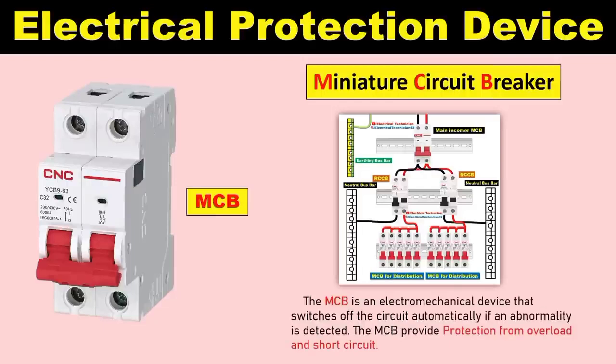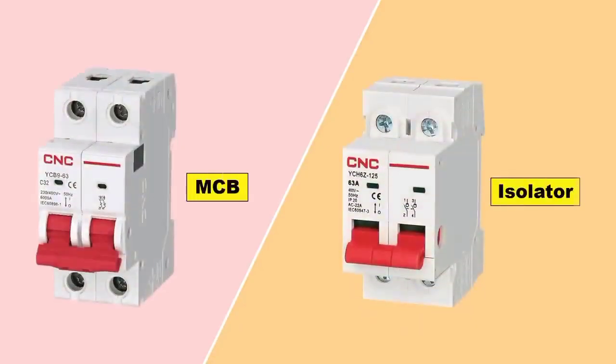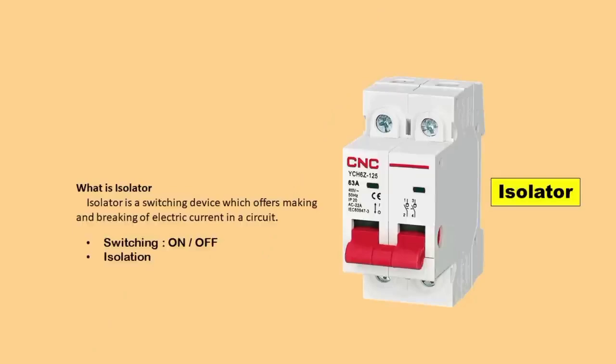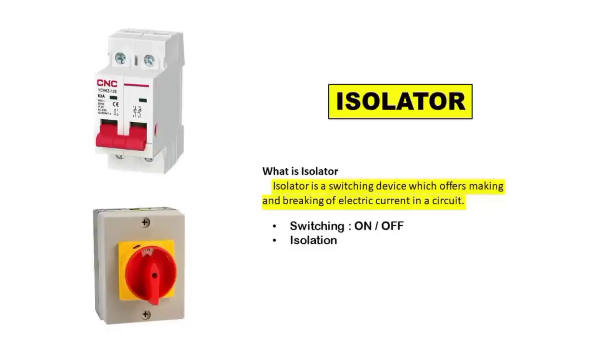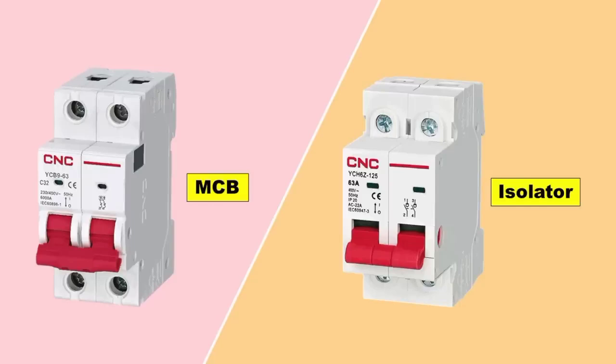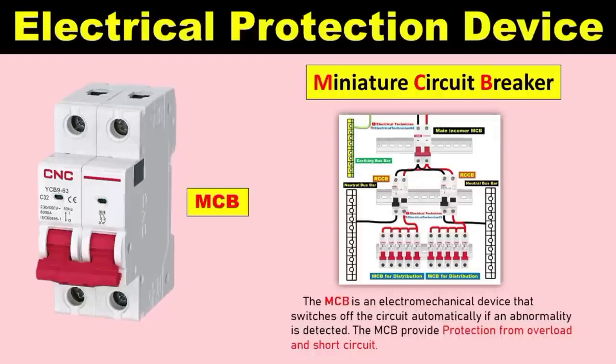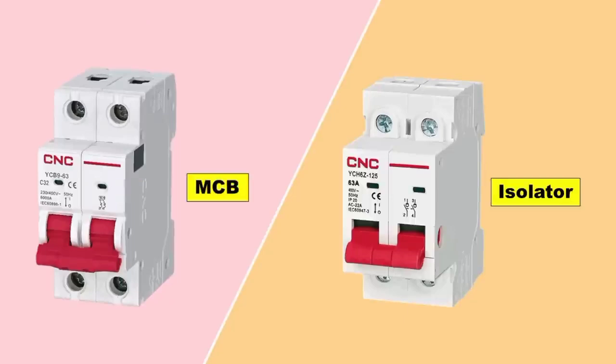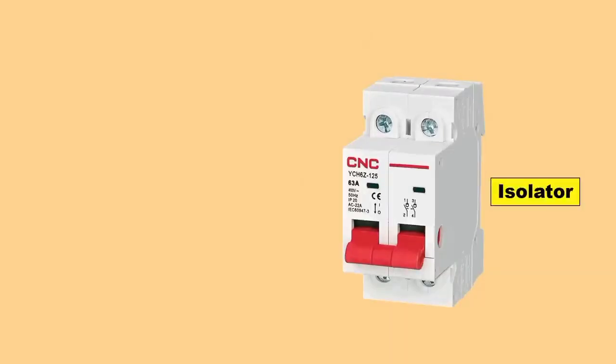Friends, before moving forward, I want to tell you one more thing, that is the MCB and the isolator, both of these looks almost same. Just like your MCB, isolator is also there. Although you can find various types of isolator, but this MCB type of isolator looks exactly same as MCB. If you go to market to buy a MCB, then from profit point of view, shopkeeper may sell you isolator in place of MCB. And if you install isolator in your home, then you will not get any kind of